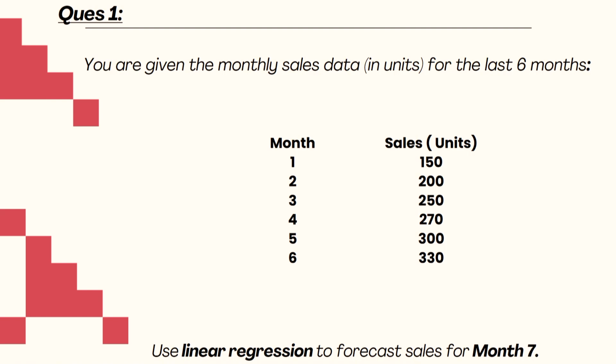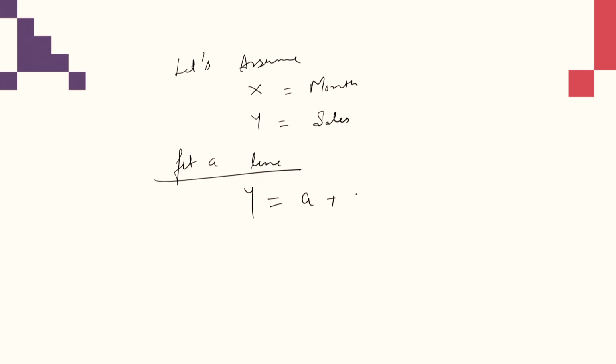For that, we start with certain presumptions. Let's assume x is equal to month and y represents the sales data. So when we fit a line of regression into it, we reach the figure of y is equal to a plus b x. The formula that we use will be